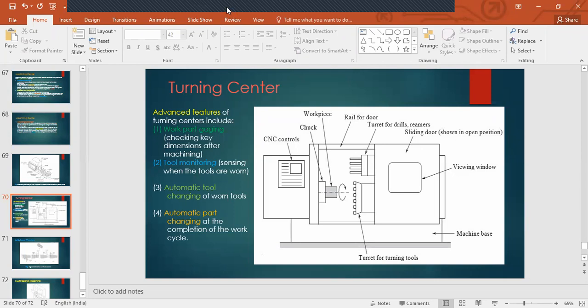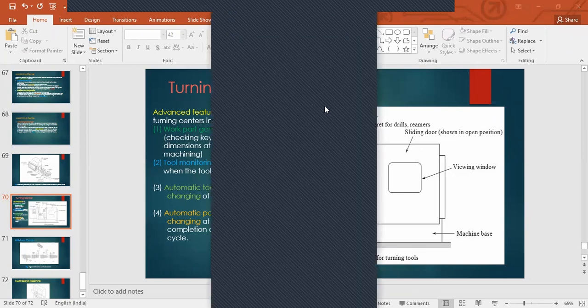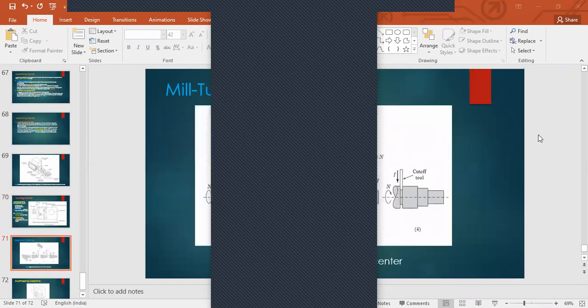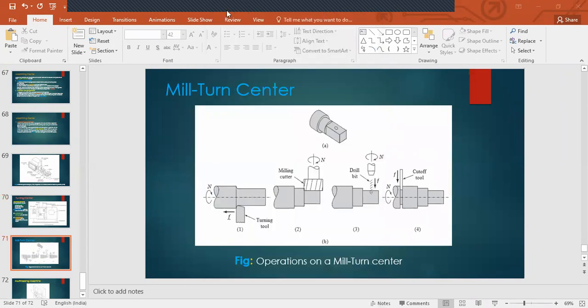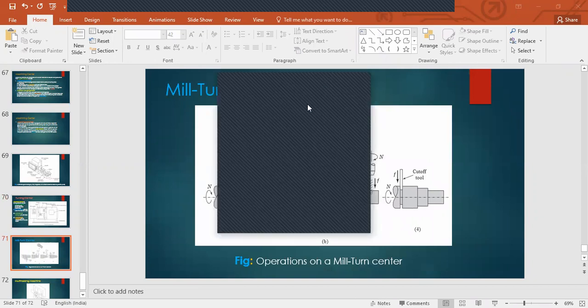Clear, right? So no doubts, right? Okay, so you see,